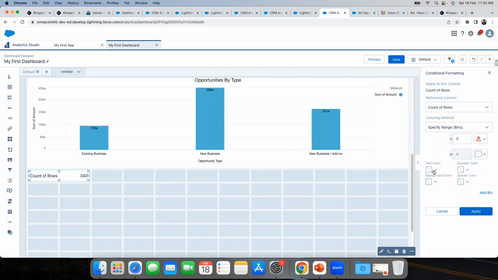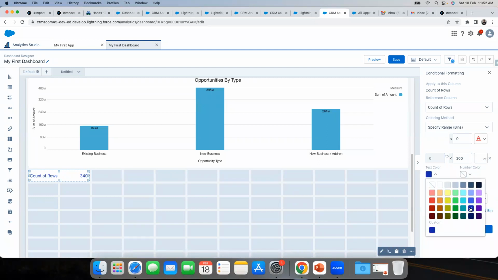And onto this one, text color greater than 0, let's say be blue, number color be blue. Click on done. You can see the number got changed over here, but let me add one more bin over here, which is 0 to, let's say, 300, and anything above 300 to be text color blue and number to be blue,